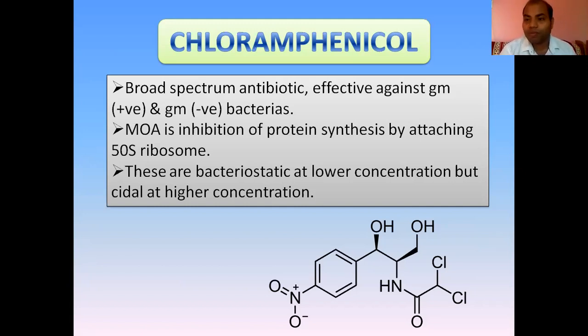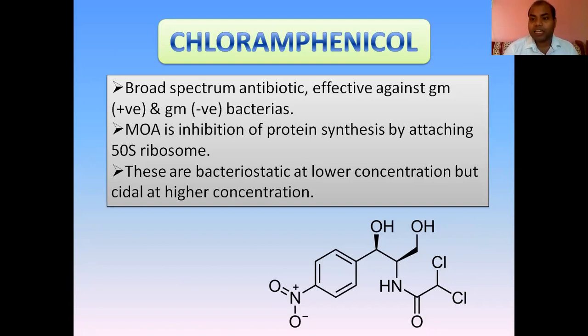I have told you one sentence regarding the antibiotics that work on protein synthesis, which you have to remember: buy at 30, sell at 50. So you can remember the antibiotics along with their mechanism of action. Buy at 30 means A stands for azithromycin, and T stands for tetracycline.